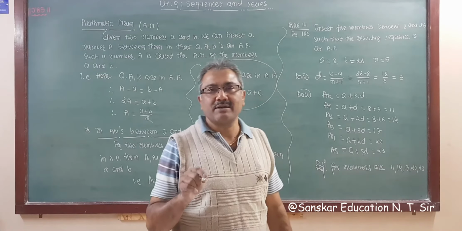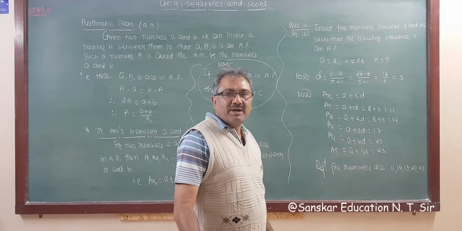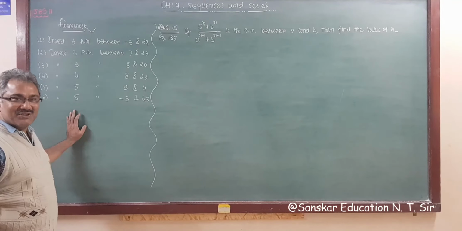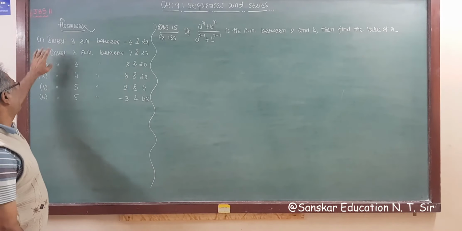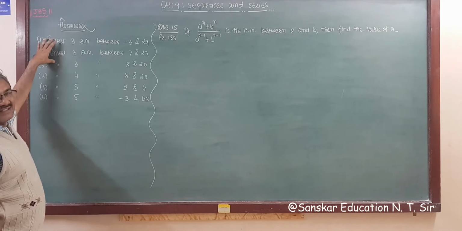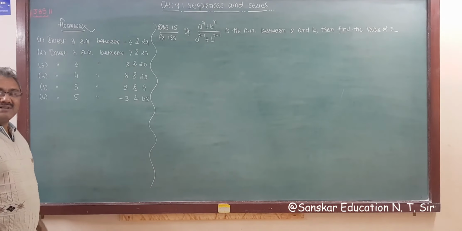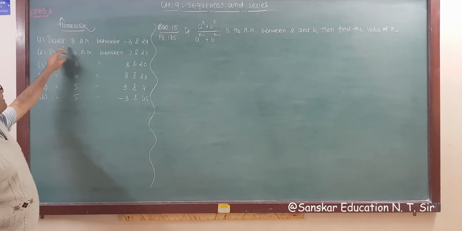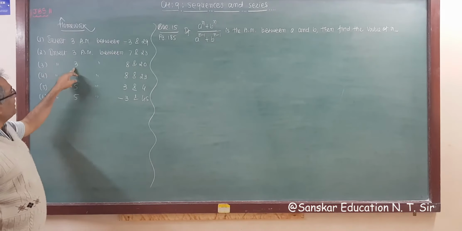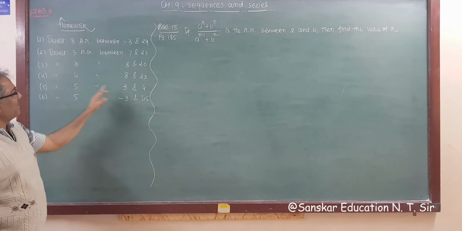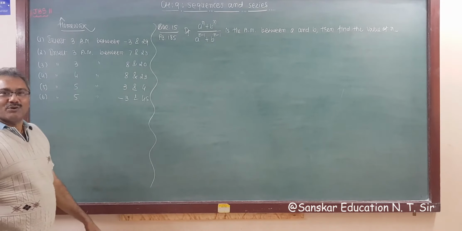आपको टाइम वेस्ट नहीं करना है, आपको ऐसे एग्जांपल सॉल्व करना है, राइट? सो ऐसे जो क्वेश्चंस हैं वो मैं आपको होमवर्क में देता हूँ. I told you, this is a homework for you. I am writing just two questions here, otherwise I am not writing. Similarly you have to insert 3 AMs between minus 3 and 29. Similarly insert 3 AMs between 8 and this, 4 between this, 5 between this and this. So do practice at home, right?